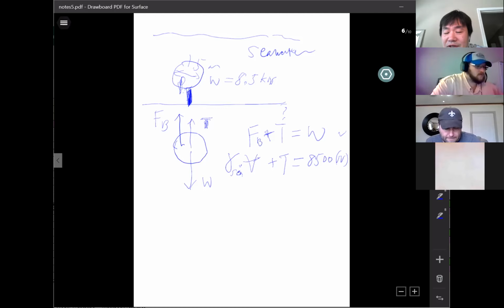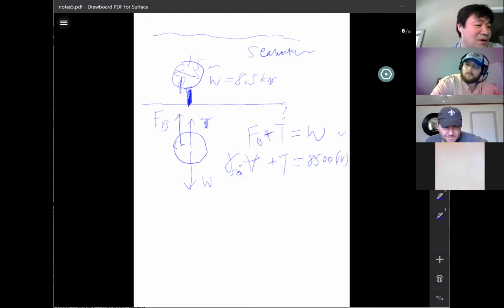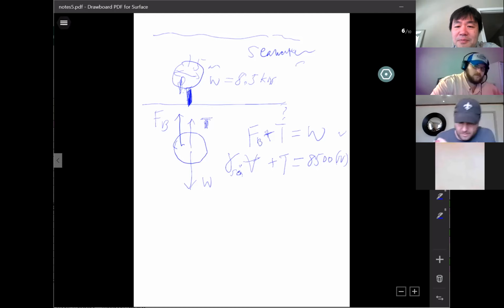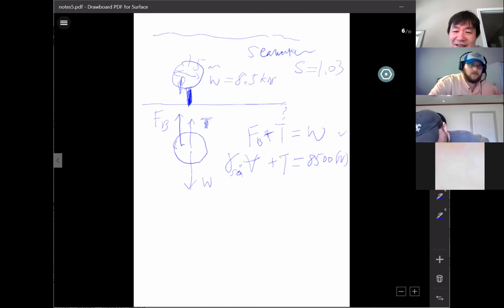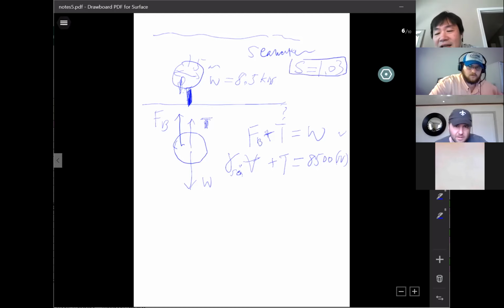Okay, so the gamma of the seawater is not canceled. You're right, actually, we need to know the gamma of the seawater. Seawater is a little bit heavier, but it's a property. Still, you can get it. 1.03 is what the book said. Yeah, it's specific gravity 1.03, let's say. Okay. All right, yeah, that's what I was looking for. Yeah, you're right, actually. We do need the density of the seawater. So without that,